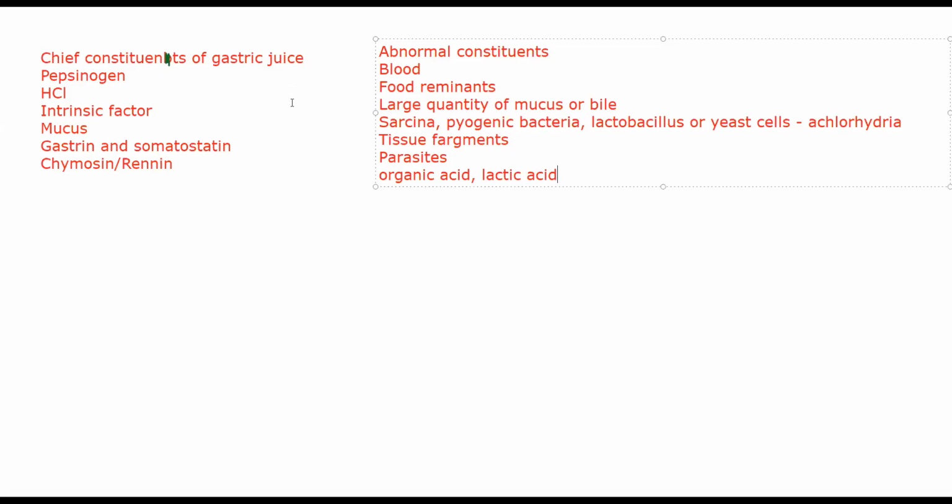Now, coming to the findings, routine findings of gastric juice examination. If you perform gastric juice examination, what will you have? First of all, upon physical examination, let's suppose you withdraw a little bit of gastric juice from a patient and you're checking it through your naked eye. First thing you'll check for is amount. How much gastric juice is present. Normally, fasting content, if the patient has not eaten, should be around 30 to 35 ml of gastric juice.